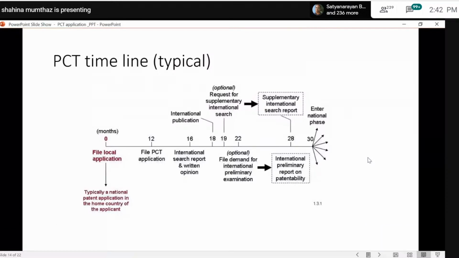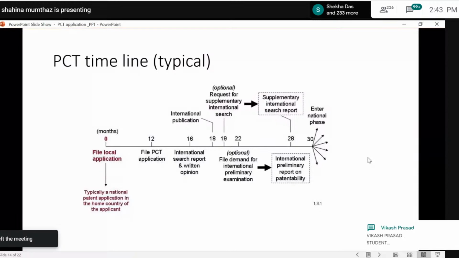And then from that date, you have 12 months in which you can claim priority to this date. So within 12 months from this first application, you file an international PCT application. This is an important deadline, because if you miss it, then your invention becomes prior art, and you cannot protect it in different countries. So within 12 months, you file a PCT application, and then you have this international phase where you